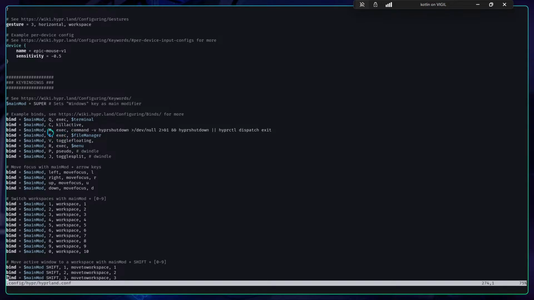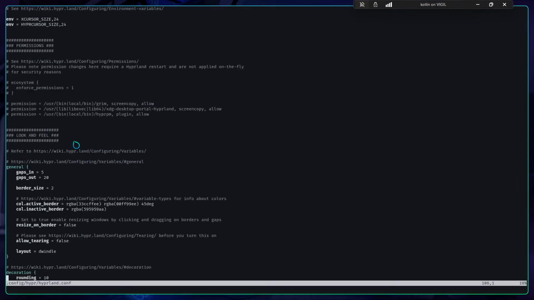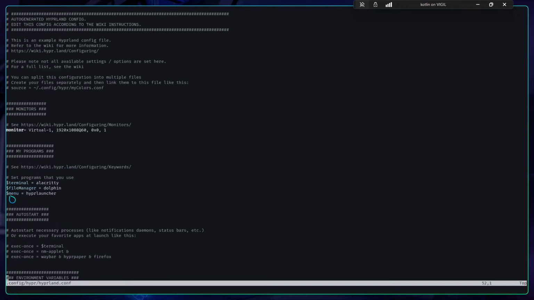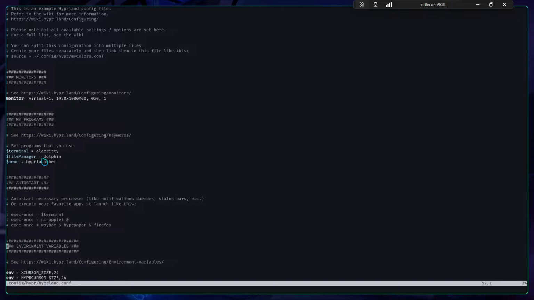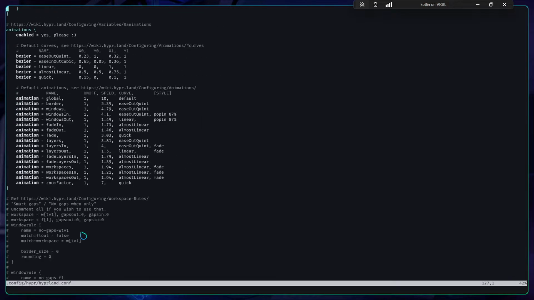Q, C, M, I have already tried these three. E file manager, dolphin, I don't have a file manager. Menu, hyprlauncher, I don't have these two. So